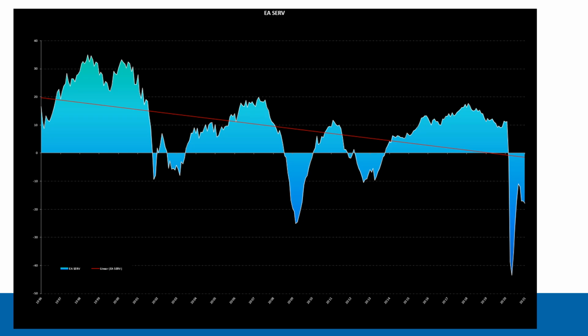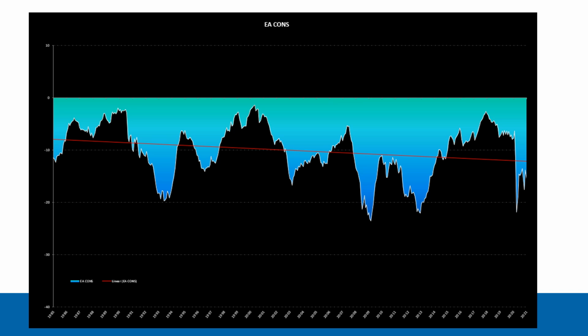Now let's talk about the European consumer, which I always find a little bit entertaining to have a look at this data and this chart. Remember, the scale is the difference, in the survey, between positive responses and negative responses. And if you look at the screen here for the Eurozone consumer, they're always negative. There hasn't been a positive reading where European consumers have been positive in the last 35 years.